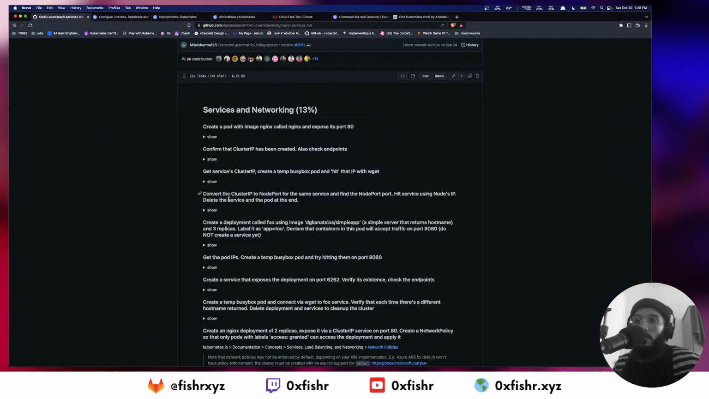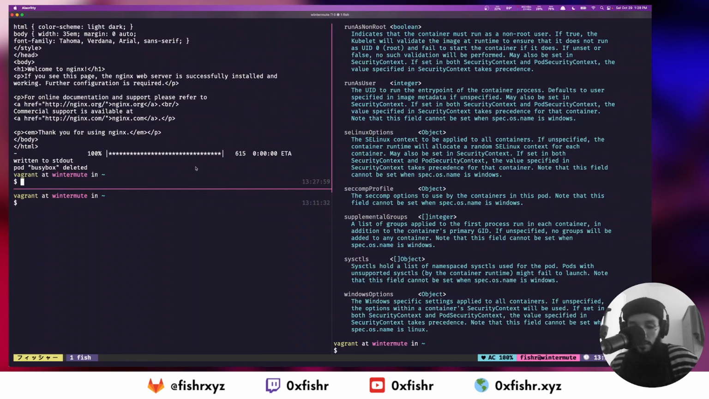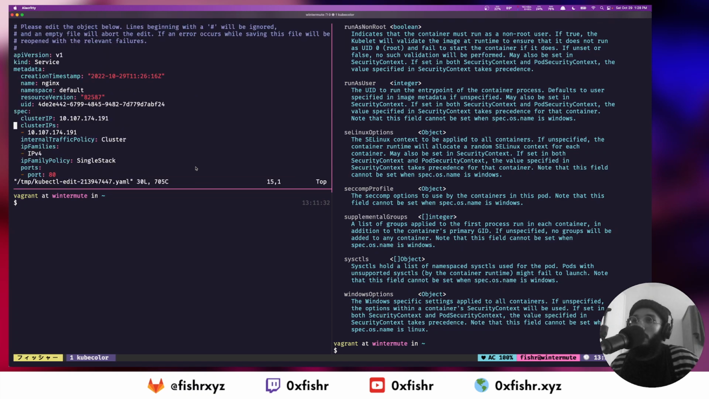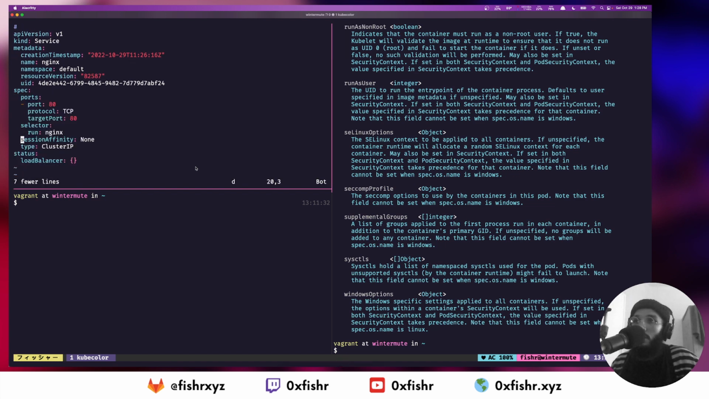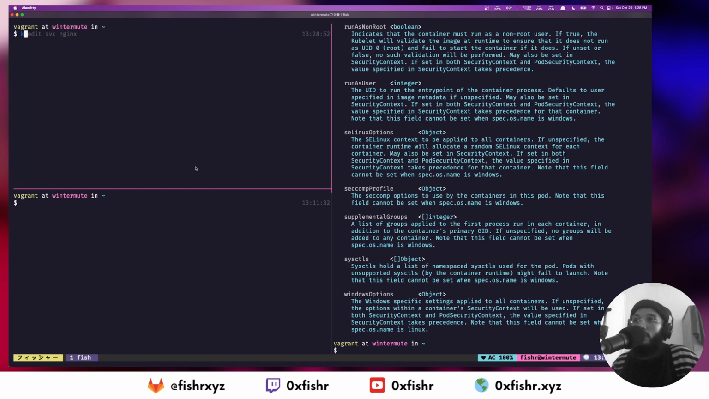Okay, great. Convert the cluster IP to node port for the same service and find the node port. Hit the service using node IP, delete the service and the pod at the end. Okay, let's see if we can edit svc nginx. So let's get rid of this. Right, we'll do node port, and the node port is going to be 31002. I don't know. Okay, so if we do this,